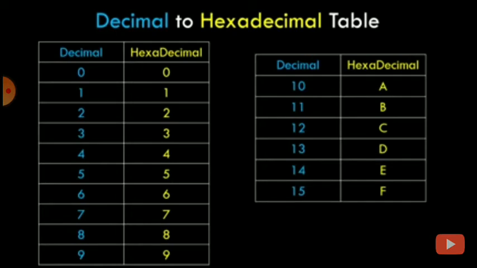So let's get started with the first sum. Okay, so here's the first sum, wherein we have a hexadecimal number 8A which needs to be converted to a decimal number. So here's how it's supposed to be done. First, write down the number in the table as I have drawn. Now we need to assign positional values starting from right to left. Now the positional values start from 0, starting from right to left. So this is at position 0 and this is at position 1. Now we assign positional weights. Now the positional weights for a hexadecimal number are in the power of 16.